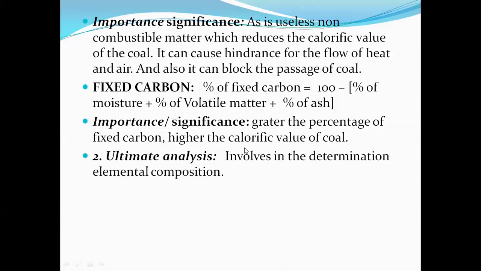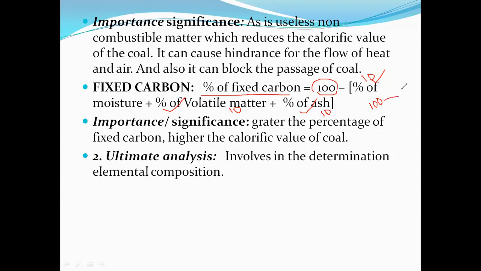Then now we should identify the percentage of fixed carbon. The percentage of fixed carbon is equal to 100% minus non-combustible matter చెప్పండి, percentage of moisture plus percentage of volatile matter plus percentage of ash. Suppose ఇవన్నీ కూడా 10% అనుకోండి. 10% of moisture is present in the coal sample, 10% of volatile matter is present in the coal sample, 10% of ash is present in the coal sample. Then the percentage of non-combustible matter calculate చేద్దాం ఒకసారి. 100 minus 10 10 10 ఎంత వస్తుంది చెప్పండి.